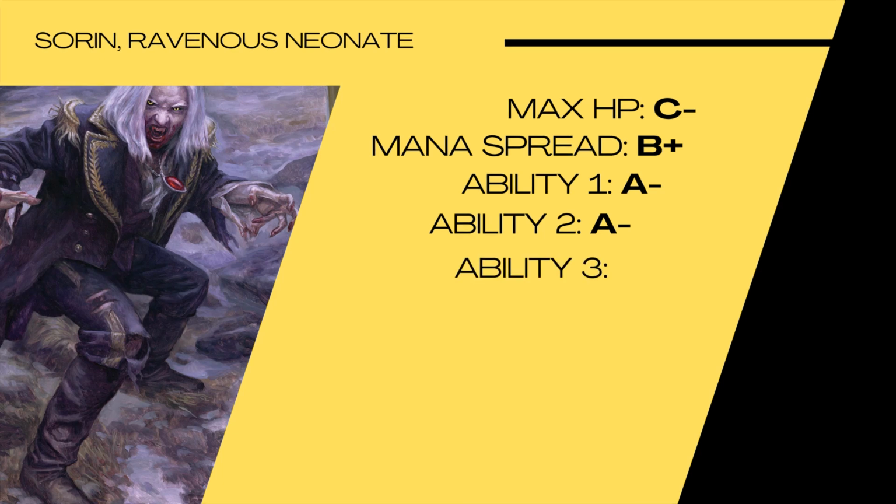Ability 3, I'm giving it also an A minus. Mainly due to the ability to basically wipe your opponent's side's creatures in a way. Obviously, it's not going to work as much if your opponents have reinforced their creatures a lot or they're playing a lot of tokens, but still, for the most part, this should really help you gain back some advantage in terms of board state there if they're killing you with their creatures, and then that will help to slow that